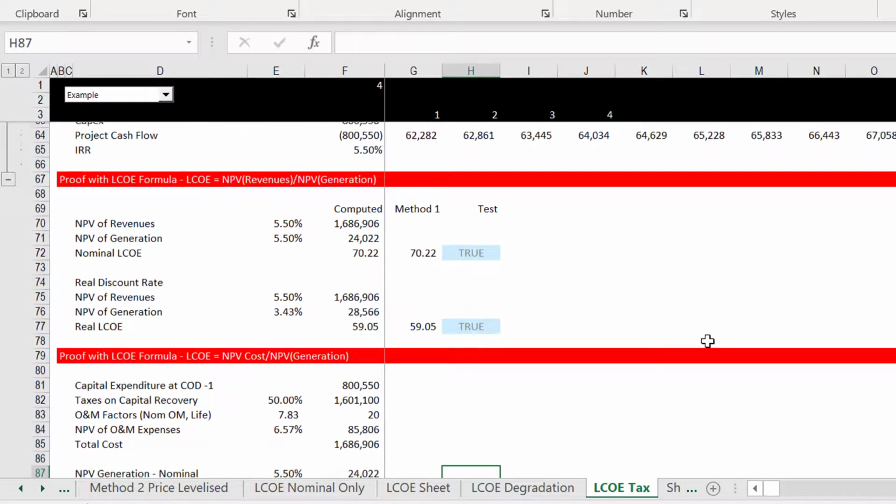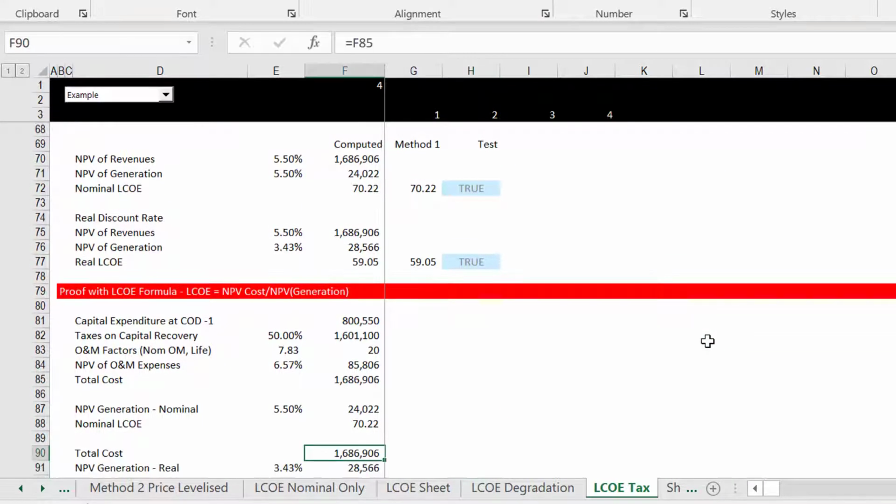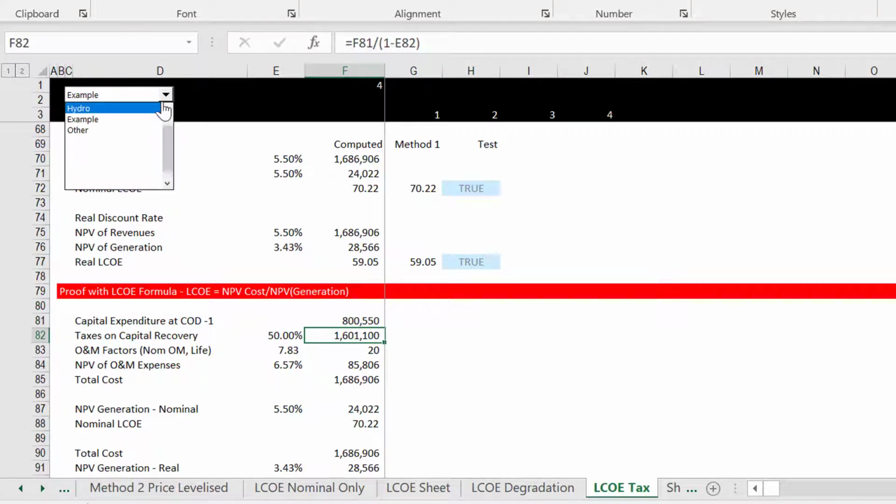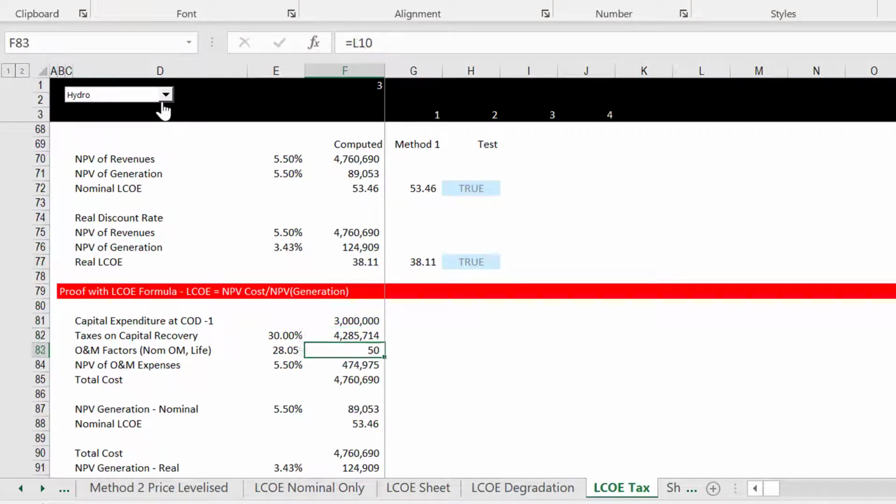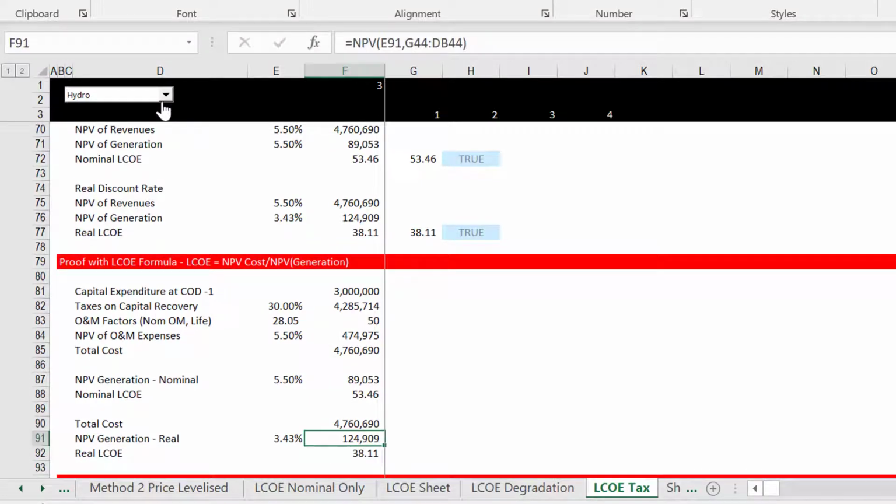You know, this is what I've been arguing. When you get to the cost one, it's kind of interesting. You take the total capex, and I didn't really realize this, but you have to pay taxes on that capital recovery. So now we got to put a 50% tax rate and take all of our costs up here and divide it by 1 minus the tax rate. Now, just to make sure I didn't have any mistake, because there's a 50% tax rate,